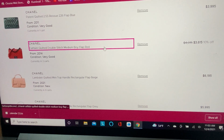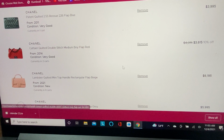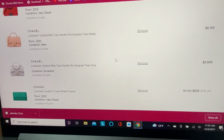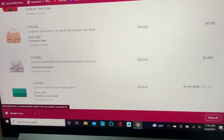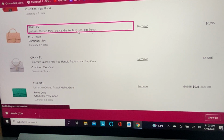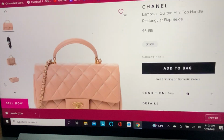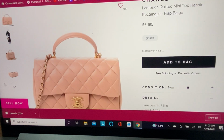The good thing about Fashionphile is after a certain time, they allow you to do layaways, so you have 60 days to pay for it. So that's not bad. So these are like dream bags that are not likely to get, because first of all, look at the price,